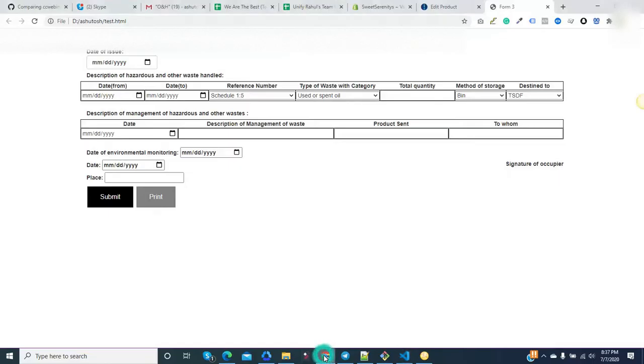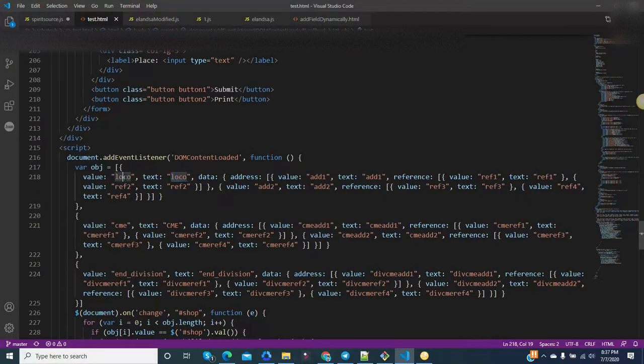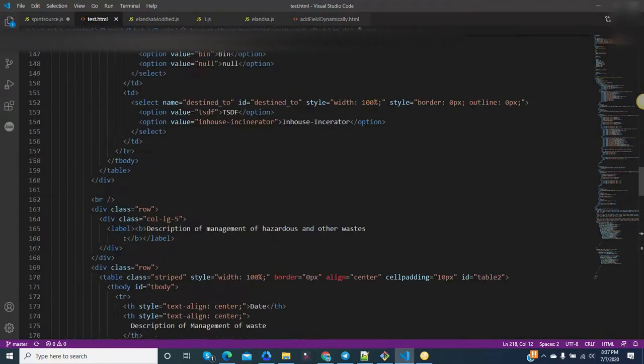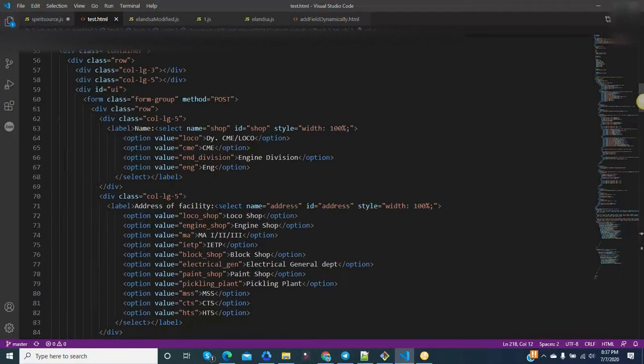In this particular object, the value is loco and the text is loco. However, if you want, you can provide any text or name you like. It is just for demonstration purposes. The value is what will be placed in the option, and the text is what is displayed.